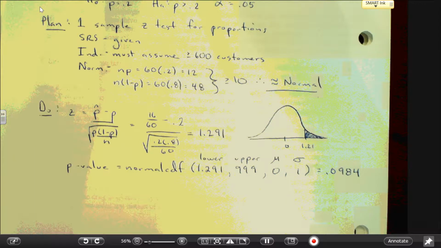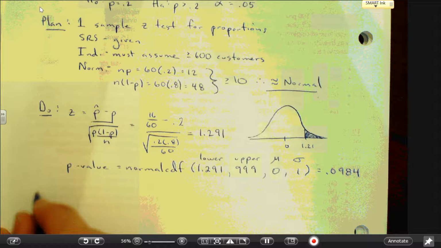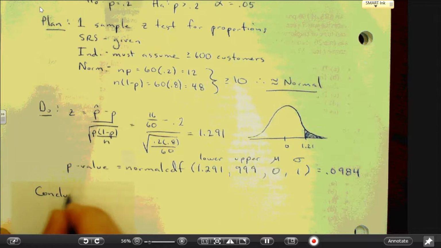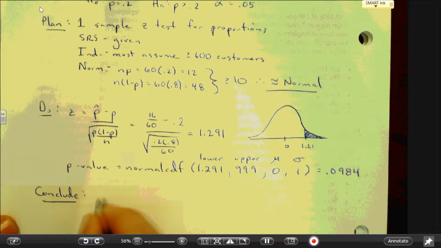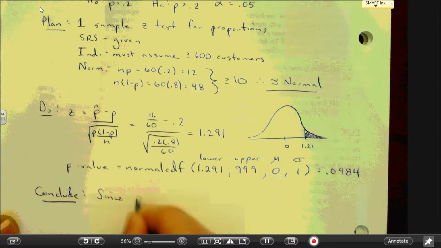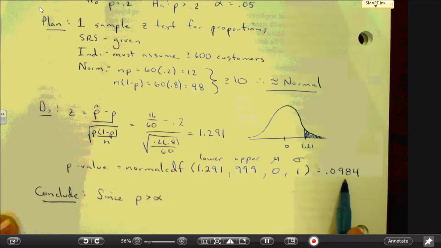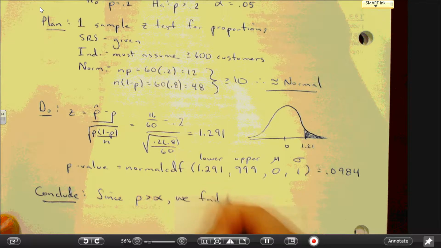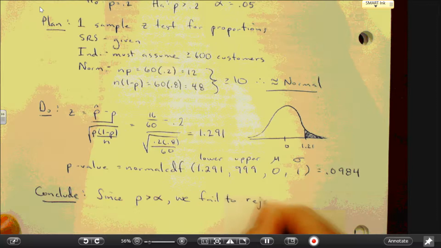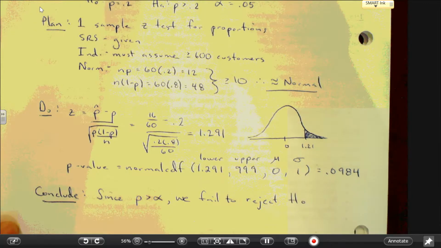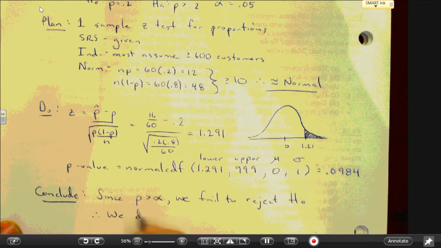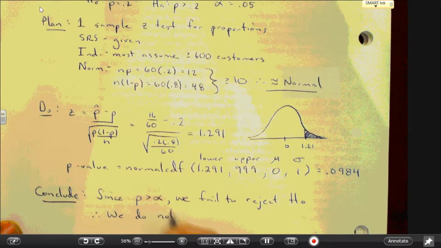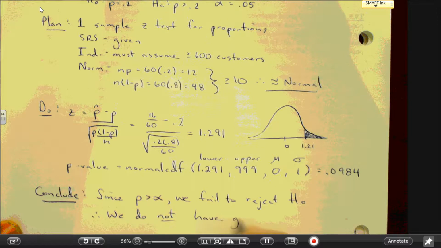Now, we always want to compare that p-value to the alpha. So we say, since, in this case, p is greater than alpha, because p is 0.09, and the alpha, as we stated above, is 0.05. P is greater than alpha. We fail to reject H0. And since we fail to reject H0, therefore, we do not have good evidence